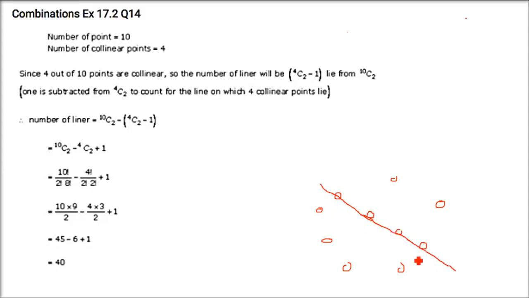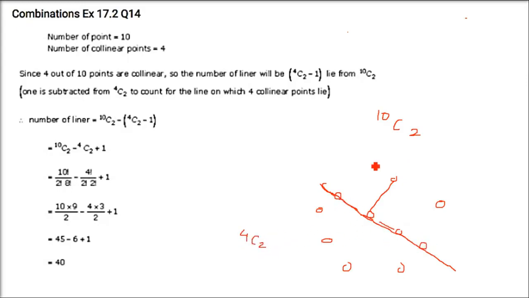So whichever line you make from these 4, any 2 combination, 3 combination, 4 combination, there will be only one line. You can have a line from 2 points. So you can take 2 points from 10 given points. You have to select 2 points so that you can make a line. But the thing is that these lines are also included. Even if you take any of them, these are the same line.